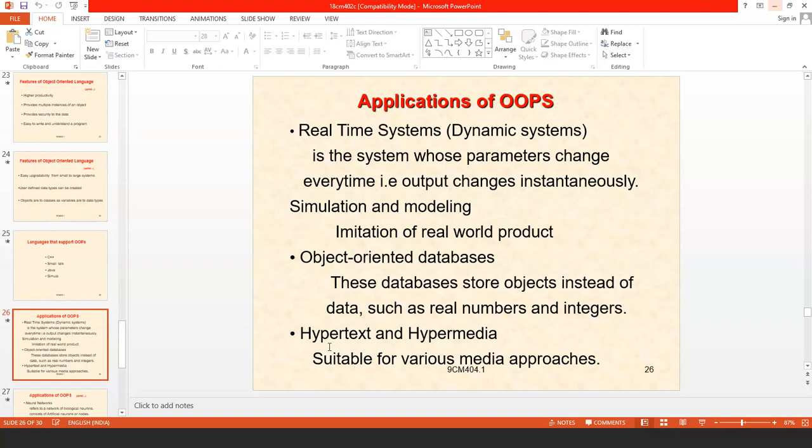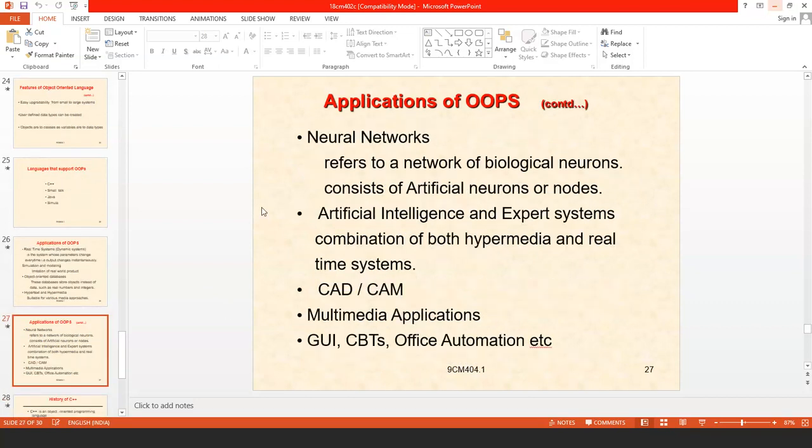Also the application of OOPS is hypertext and hypermedia, which is suitable for various media approaches. Even OOPS is used in neural networks, which refers to a network of biological neurons consisting of artificial neurons or nodes, and also in artificial intelligence and expert systems.